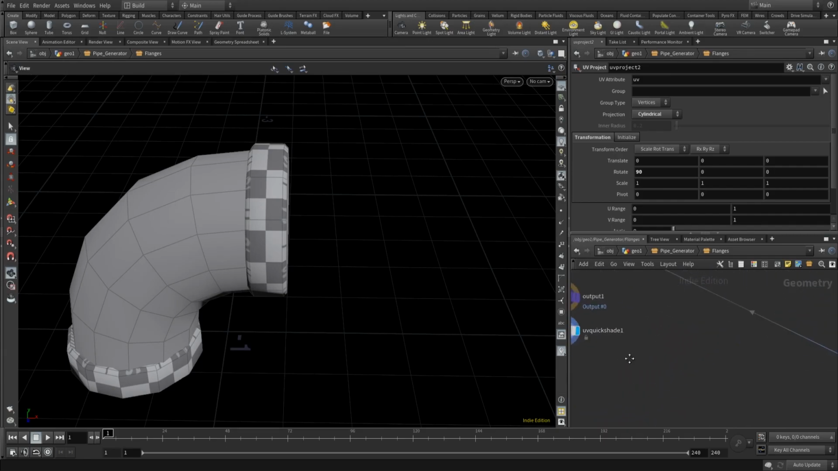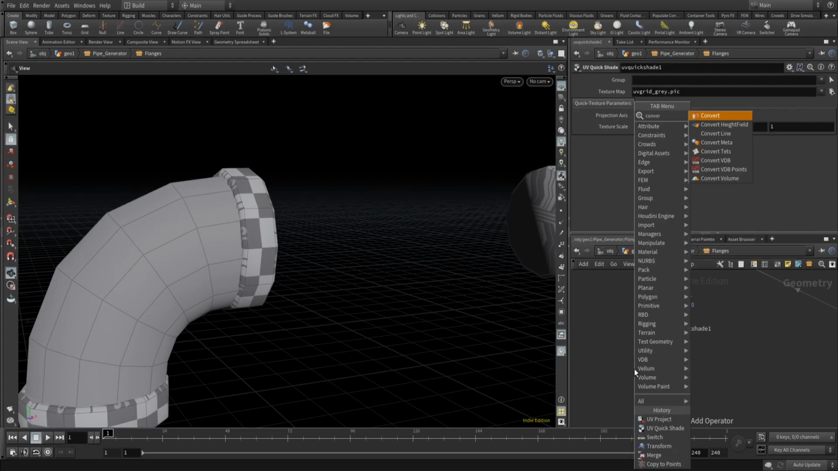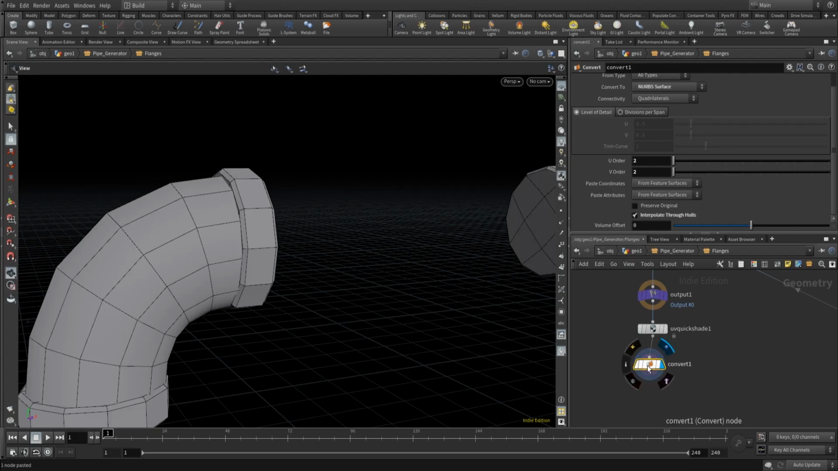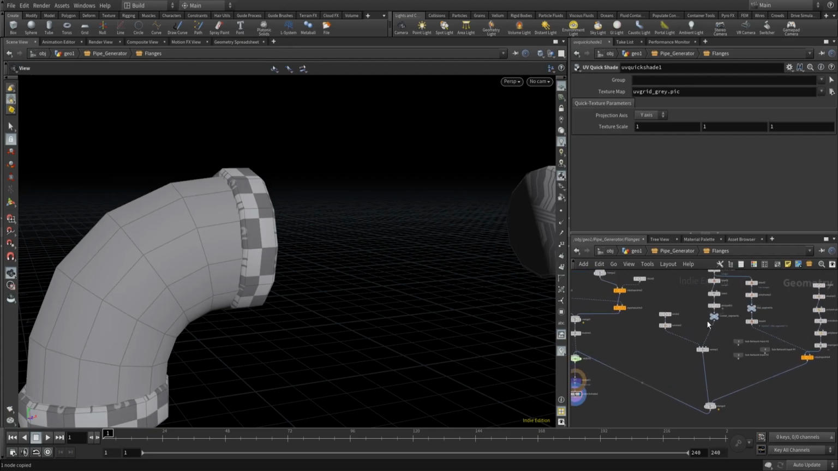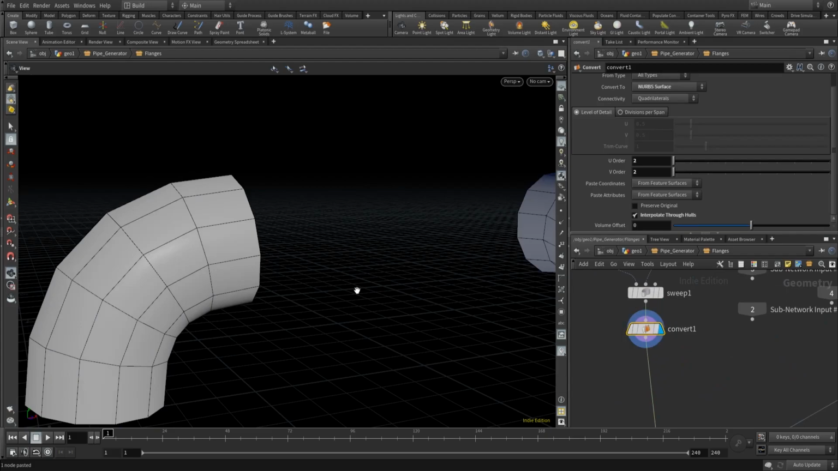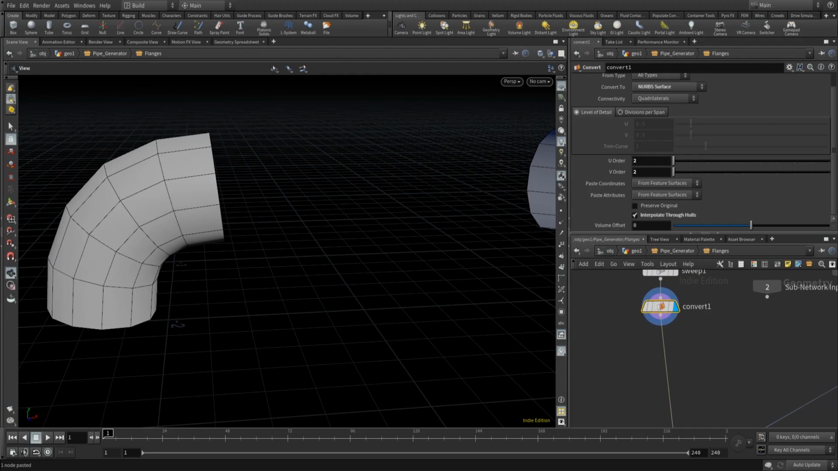However, if I look at our quick shade, you can see we don't have any UVs on this part here. We're going to create that using UV texture. So first I'm going to use a convert node. I'm going to hook that one up. And as you can see, I have to do that in the right place, of course. I'm going to do that right after the sweep. So we have our lines here, or our pipes here, that are converted to NURBS with our U order and V order from 2, and I'm interpolating through the holes. Then I'm getting a UV texture,